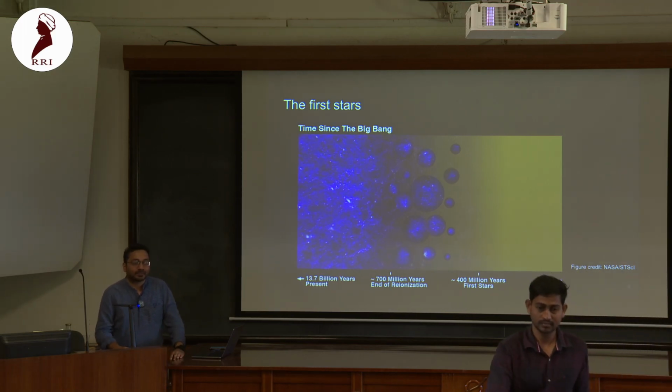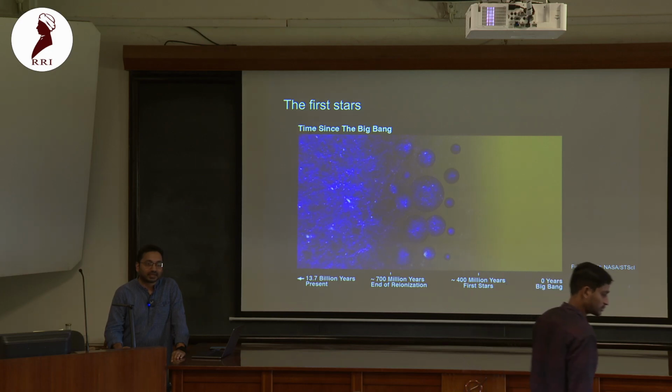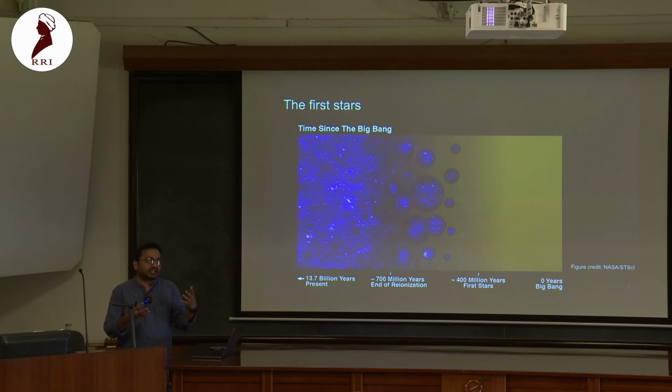Why does ionization happen? Just from very basic questions of that sort? Sure. So basically these sources of radiation emit a range of photons from X-rays to UV. And these UV photons, Lyman alpha photons primarily, are the ones, if they escape the halo, they are able to ionize the gas.